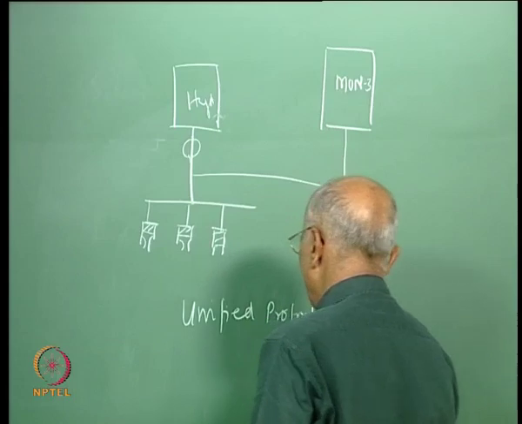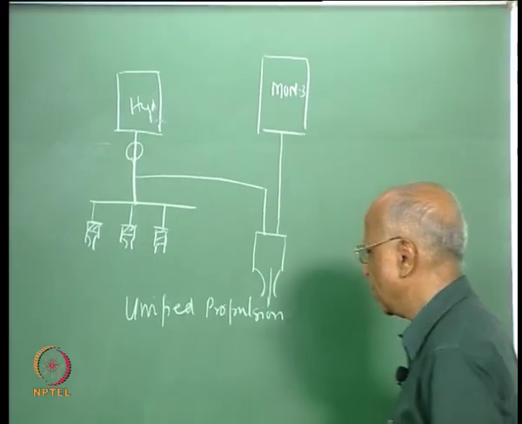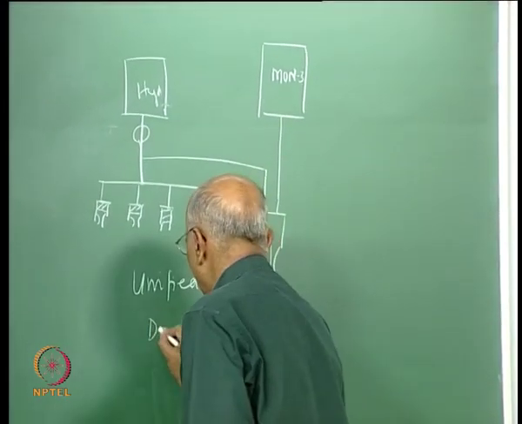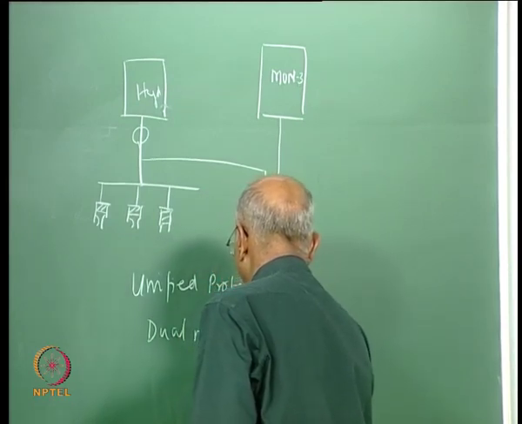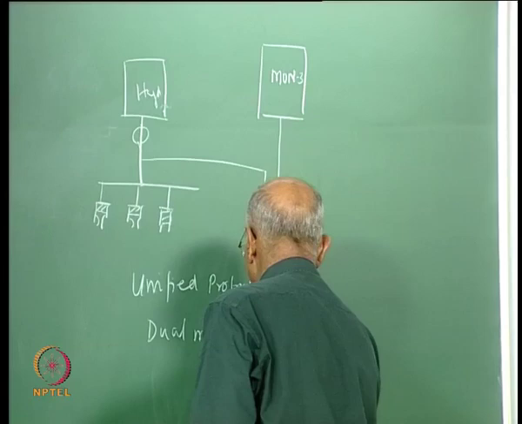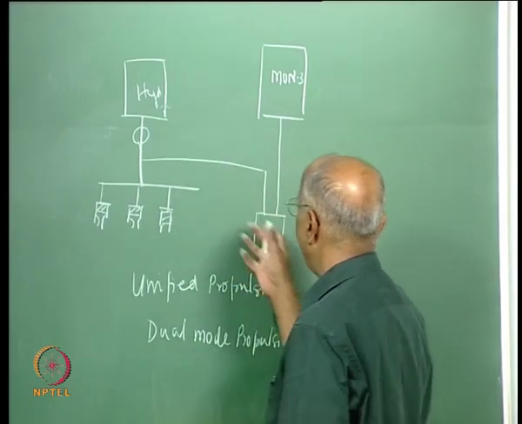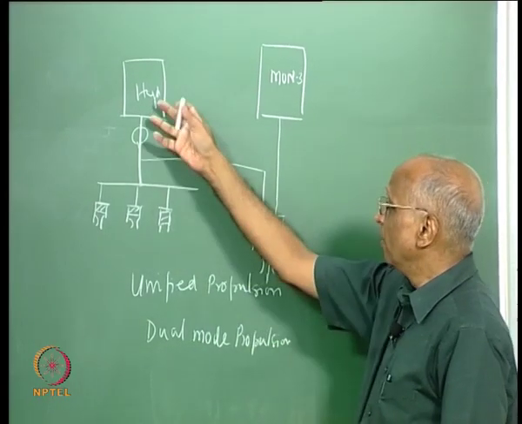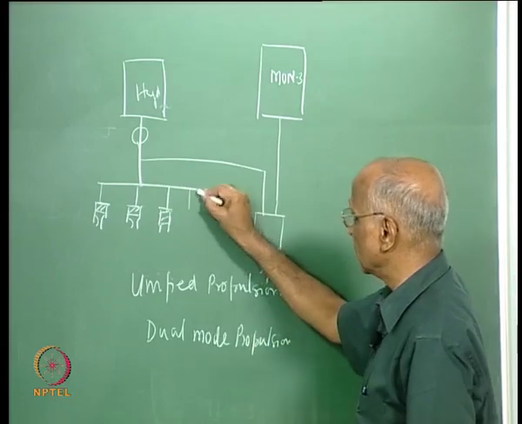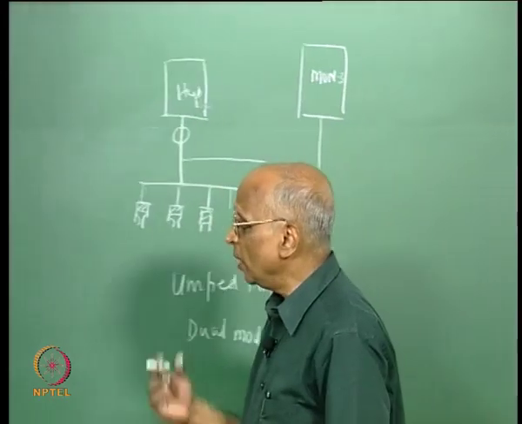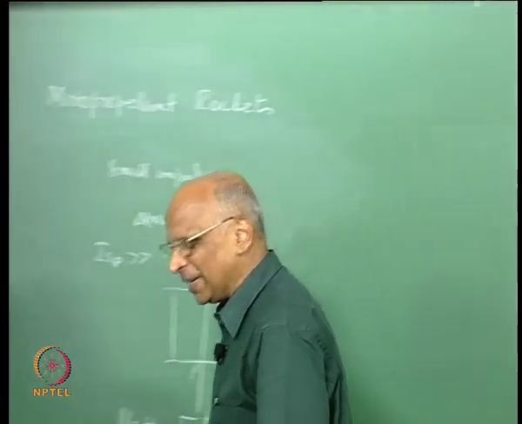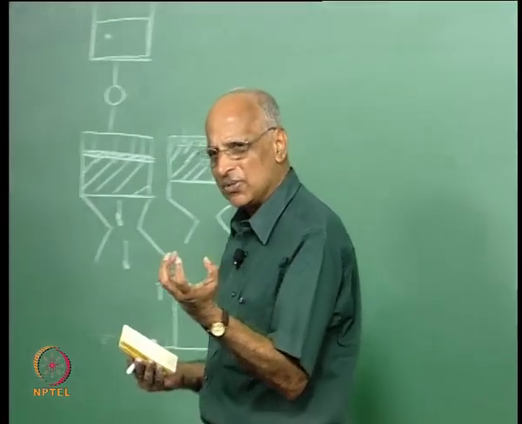Of late I do not see the word unified being used, they say it is a dual mode propulsion. What does dual mode propulsion mean? Hydrazine is used as a bipropellant in part of it, and in part of the system it is used as a series of monopropellant rockets. Well, this is the dual mode propulsion, but even solids can give small impulses,